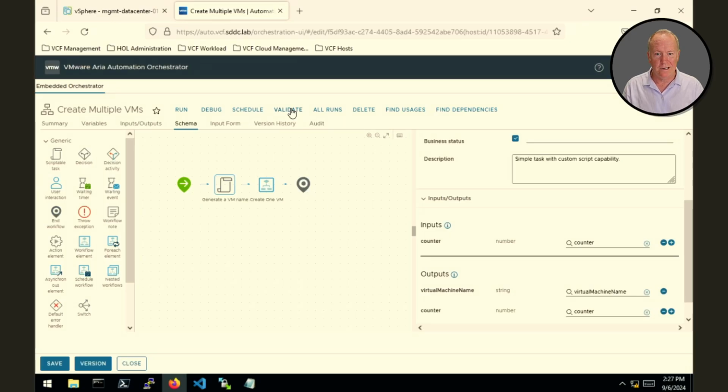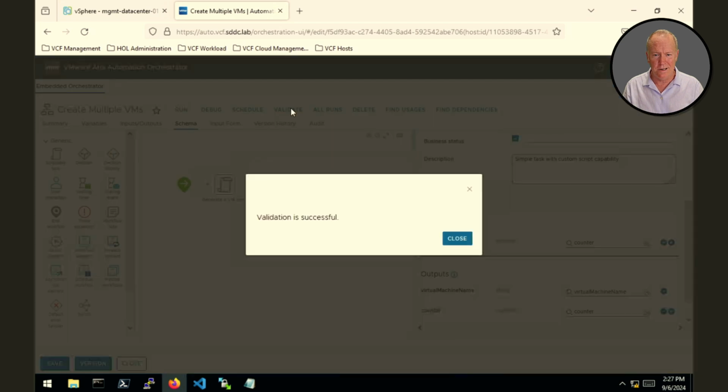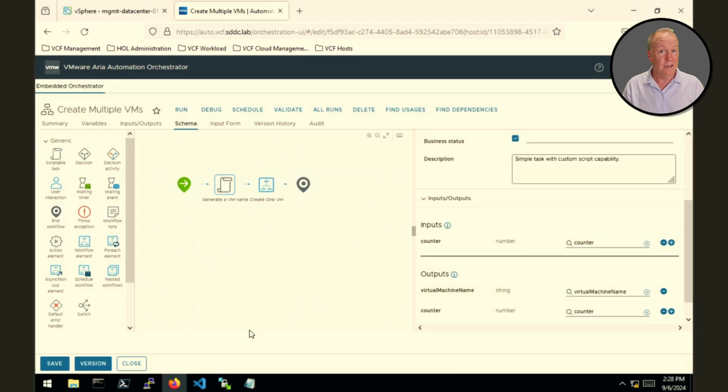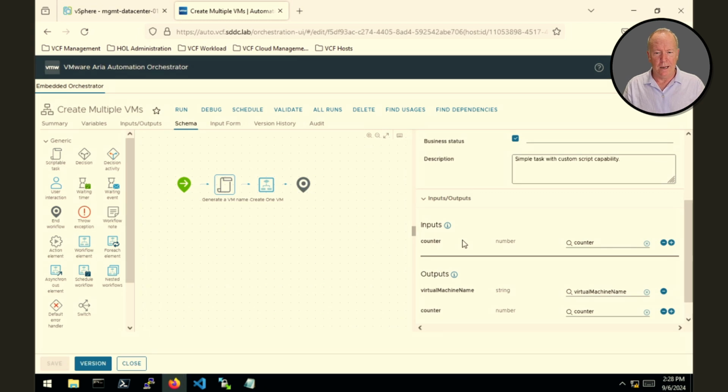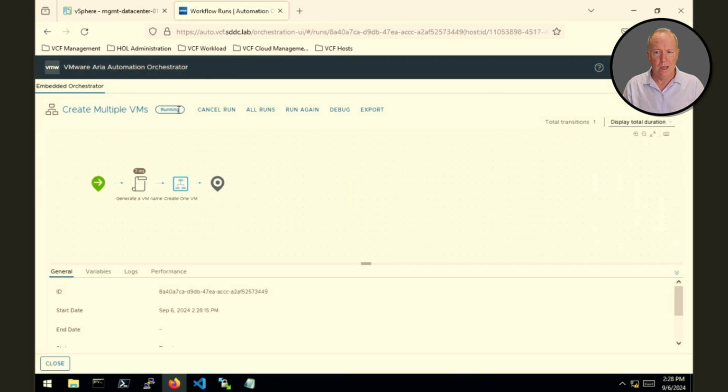All right, this is looking good. Why don't we click validate to see if this workflow is valid? Looks good so far. The workflow's not done just yet, but I always like to incrementally test what I'm doing. So I'm going to save this workflow and I'm going to run the workflow. Since there's no inputs to this new workflow,